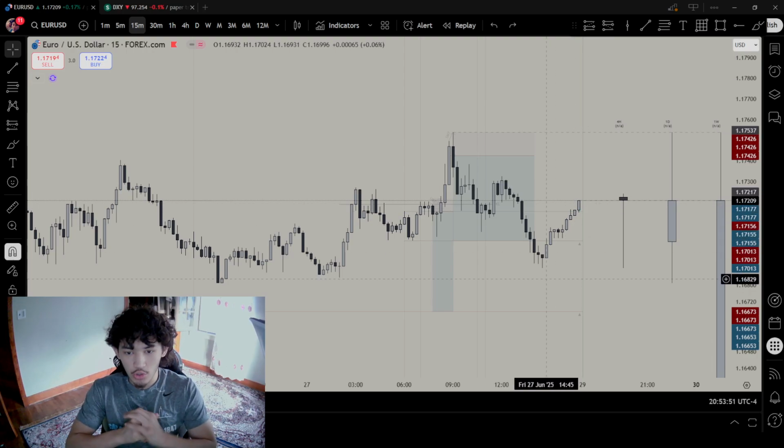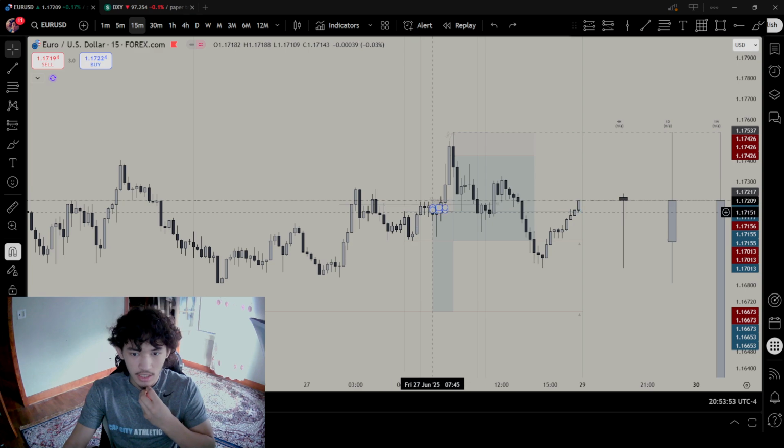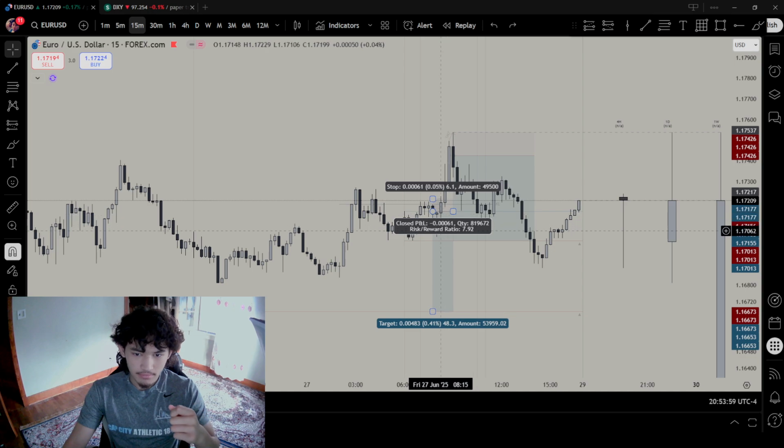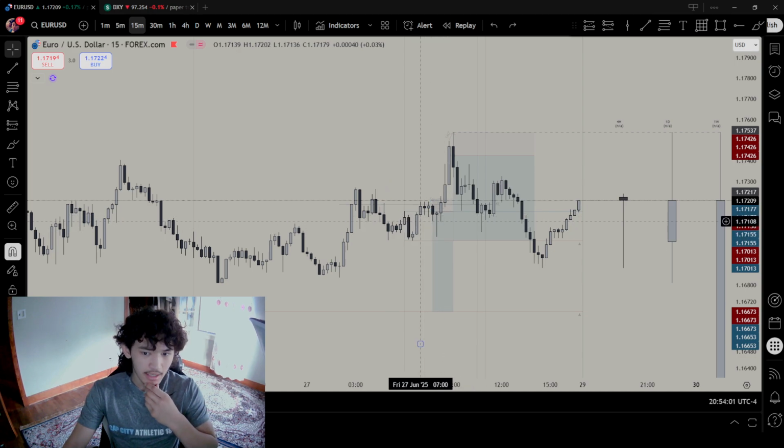Today we took a short, and the short we took was this one, but eventually we had another short which I didn't take because I want to take one trade a day. And this short was, to me, worth a shot,